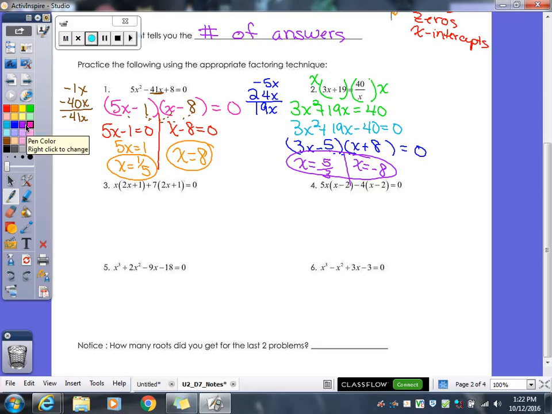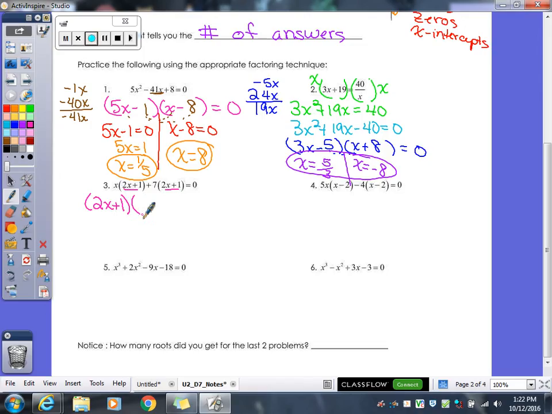So now examples 3 and 4, a lot of people get confused when you see it in that method, but what they're doing is they started factoring by grouping for you already. They're kind of in the middle of the process. So they're at the point where here's your binomial GCF. So we're going to take our 2x plus 1,